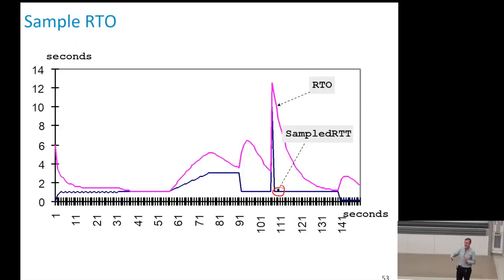When there are streams of packets being transferred and isolated losses, they will be detected by fast retransmit, which will typically be faster than with the timer. In particular, if there are periods of time like this where there is large variability, you see that the time to detect here might be several seconds. So RTO is typically large due to the need to be conservative,